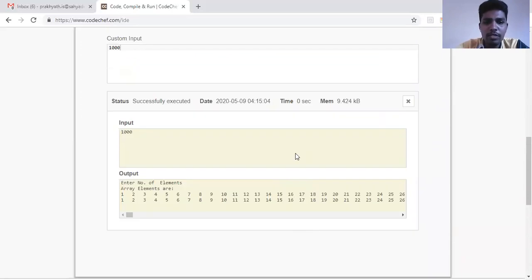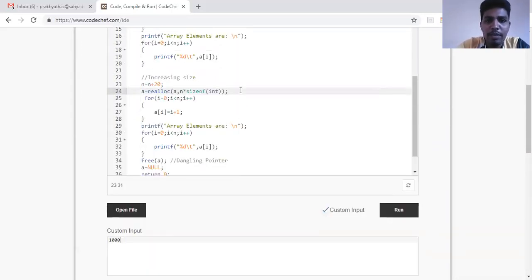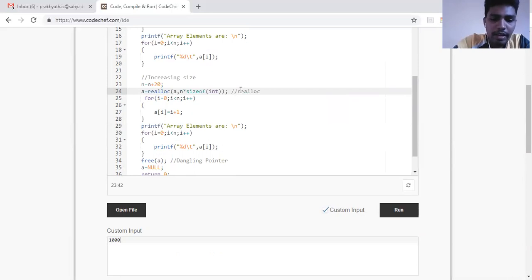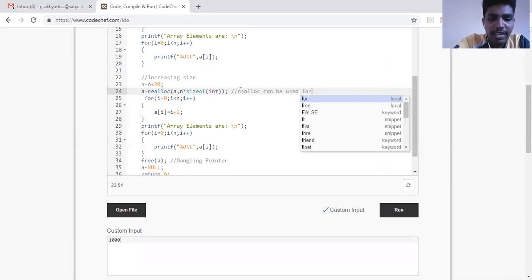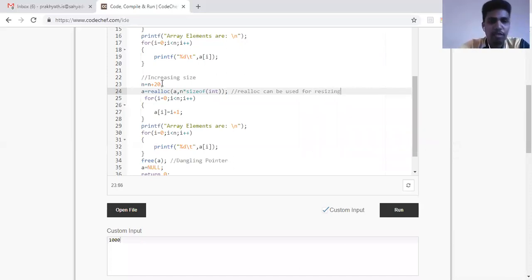The runtime error was gone because I increased the size using a special statement called realloc. So realloc can be used for resizing. I can also decrease the size. I can also increase the size. No problem. Clear, right? But the problem comes when I'm increasing. If I decrease the size, the problem doesn't come because however I'm having enough space. If I use less space, it is wastage of memory.